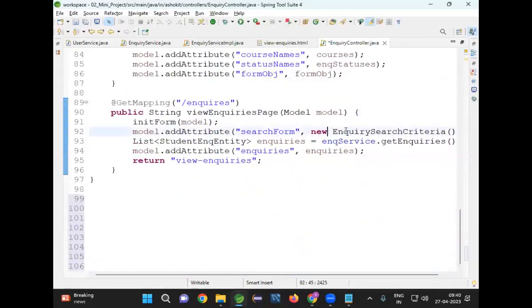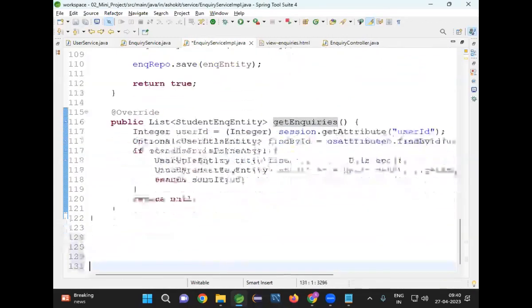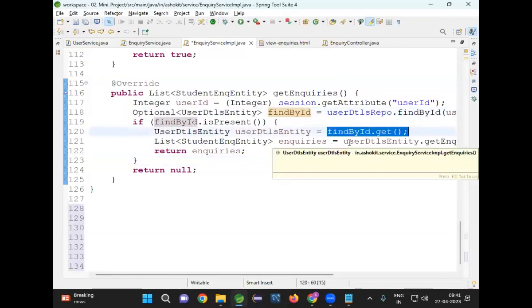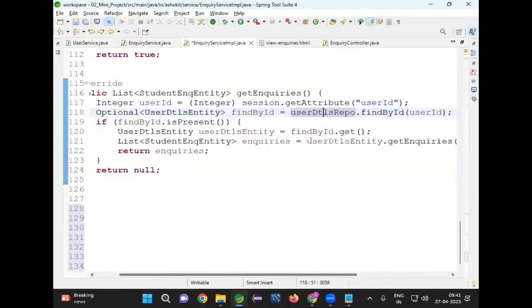I'm creating one search criteria object for the search form. Actually, this is not required, we don't need to use that. Now, inquiry service dot get inquiries method is available, and I'm calling it. When I call this method, in the service layer, I'm getting the user ID from the session. Based on the user ID, I'm getting the user record. There is a relation between the user table and the inquiry table. Based on the user ID, I'm getting the inquiries and